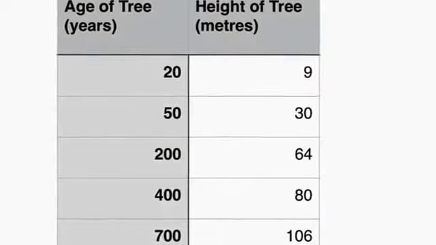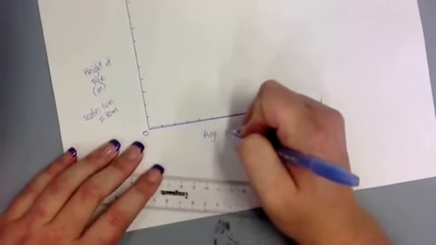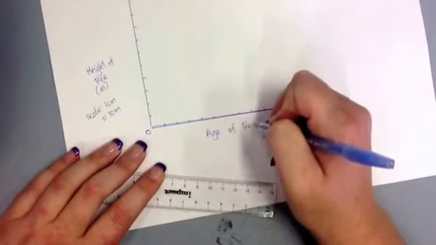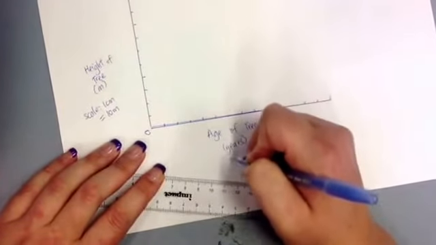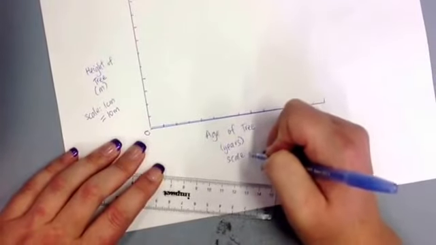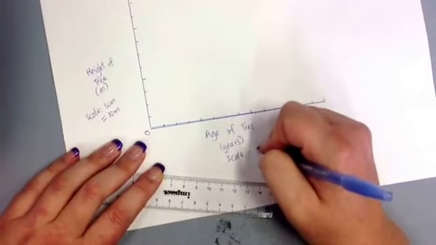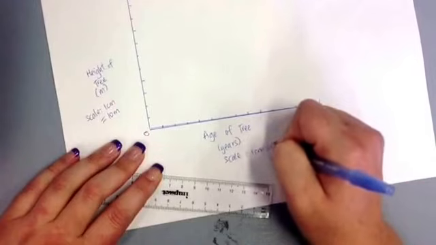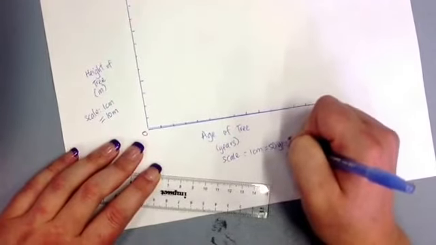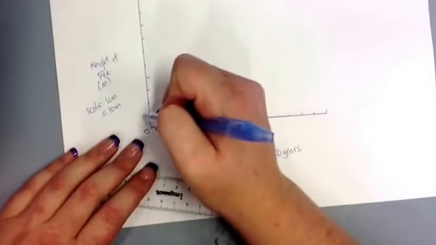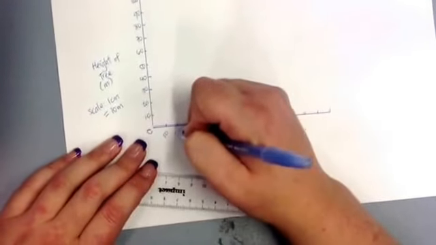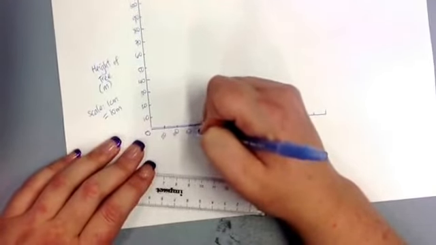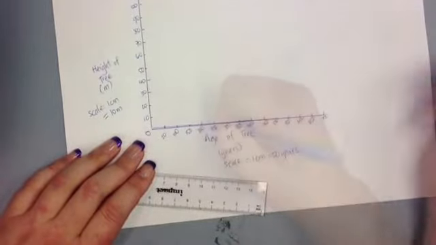The highest number on the x-axis, or the age of the tree in years, is 700, so my scale could be 1 centimetre equals 50, or 100, or even 20 if I had enough room. I'm choosing 1 centimetre equals 50 years because I can fit both the bigger and smaller numbers on a scale like that. Once you've got your axes drawn and your labels all done, it's time to put the numbers on. And here's one that I've created earlier.